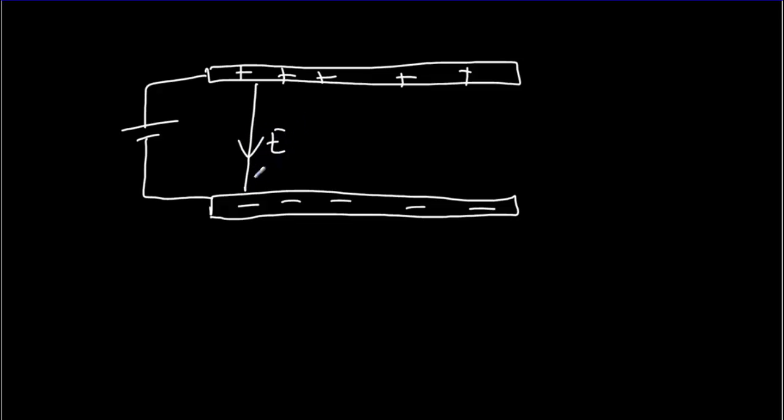Now, if we consider any of the water molecules, or any of the molecules in whatever substance we're talking about. So if this is a molecule, there's always electrons in molecules. And those electrons are relatively free to move around. And they'll get attracted to the positive side over here, leaving behind kind of a positive hole back here. We're going to have more positive charge on this side, more negative charge on this side because of a slight movement of the electrons. Well, positive here, negative here, that means the electric field of the molecule is opposing the